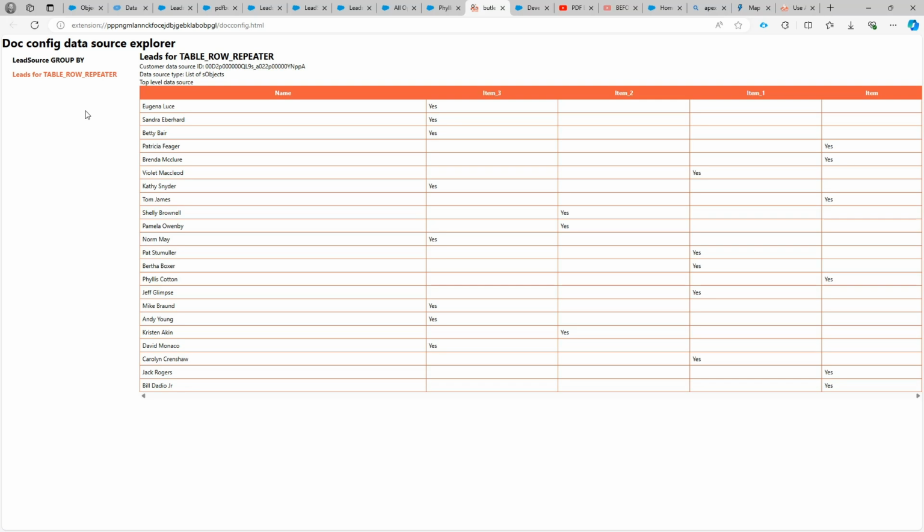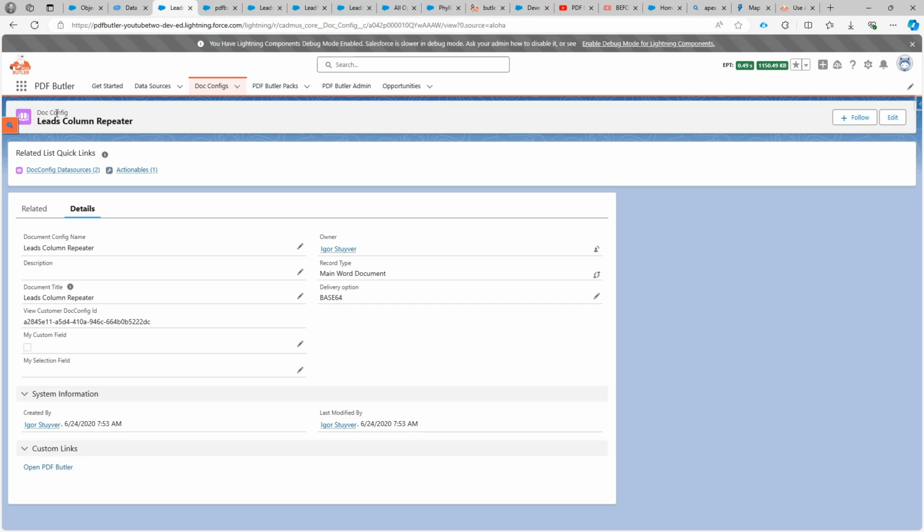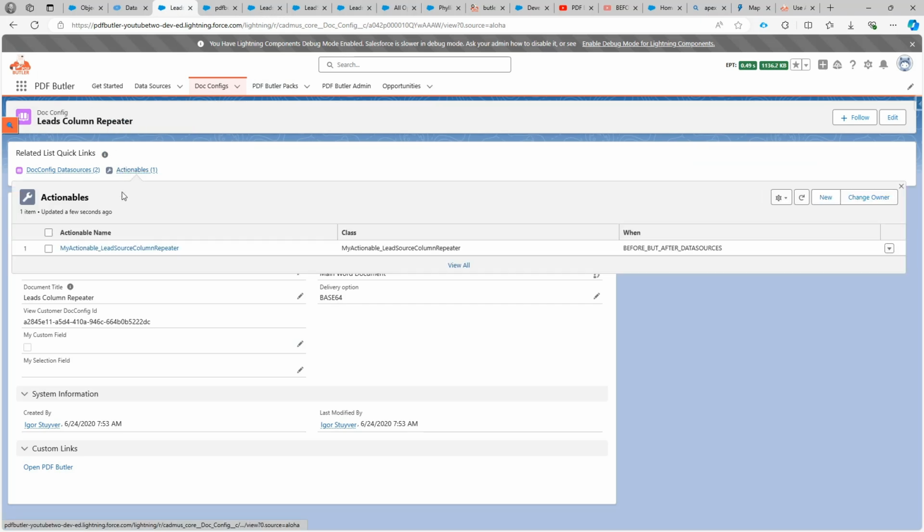So now it's gonna run the data sources. It's also gonna run all the before actionables, and in this actionable you can see now how the data was created. Let's maybe take a step back because I didn't show how I added the actionable. So on my .config you would see that I have one actionable,